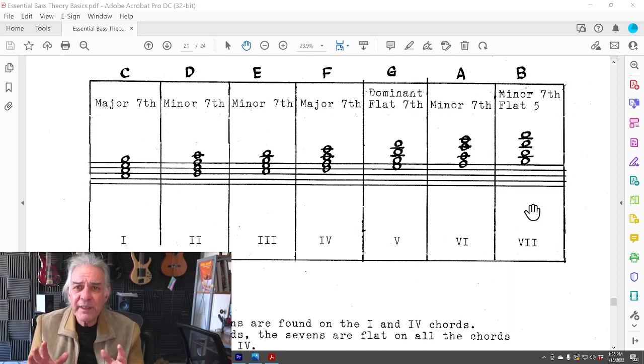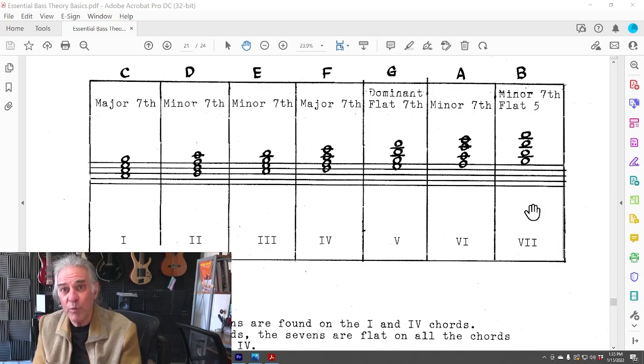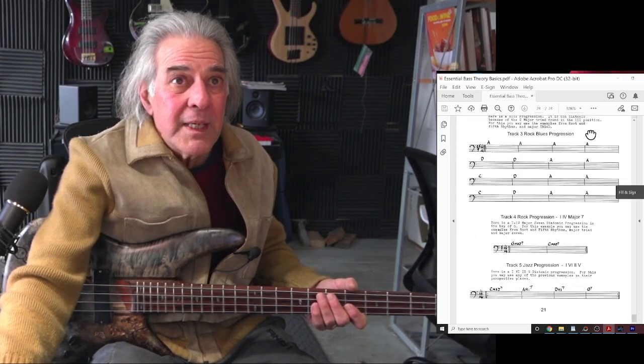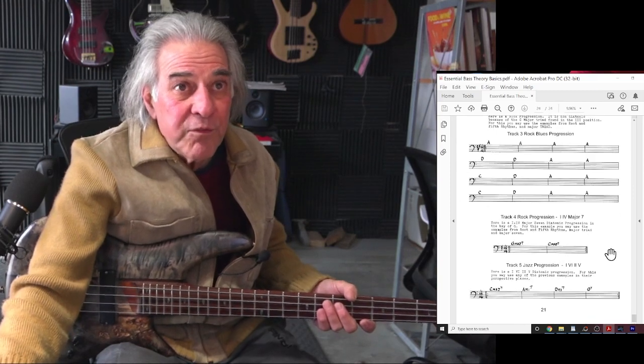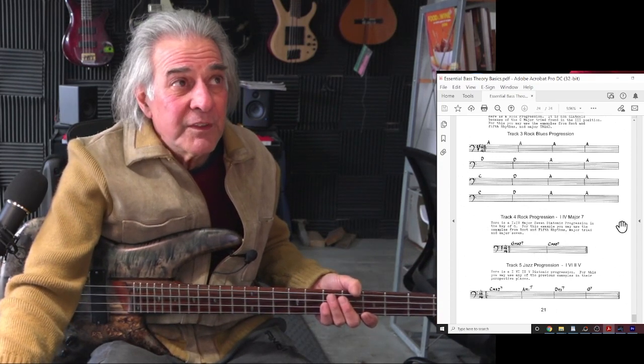So that briefly explains all the chords built on a major scale up to the 7th. At this time, I'd like to continue on and briefly explain to you about progressions and show you a few of them. Now we're going into chord progressions here and the blues progression, and I have some lines here to play on the blues, and then we have sort of a rock blues progression over here. And then we have a 1-4 progression, major 7ths. And then the famous jazz progression,